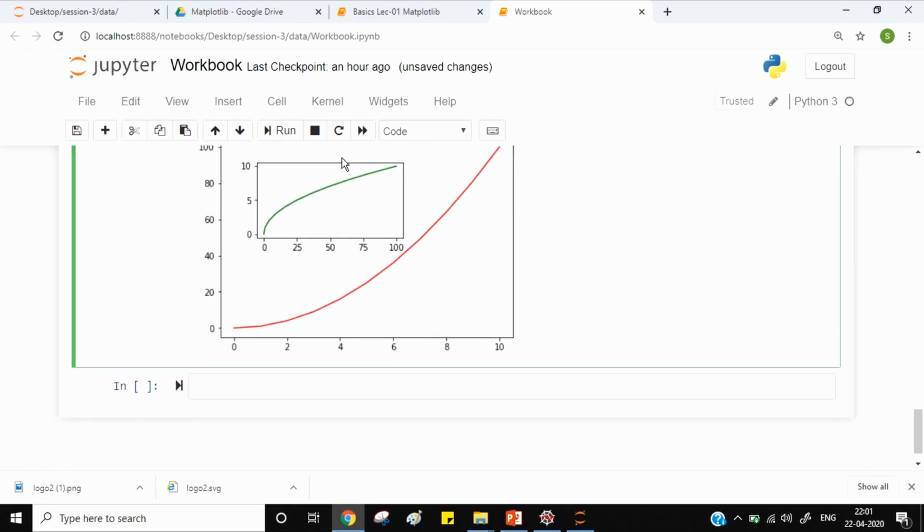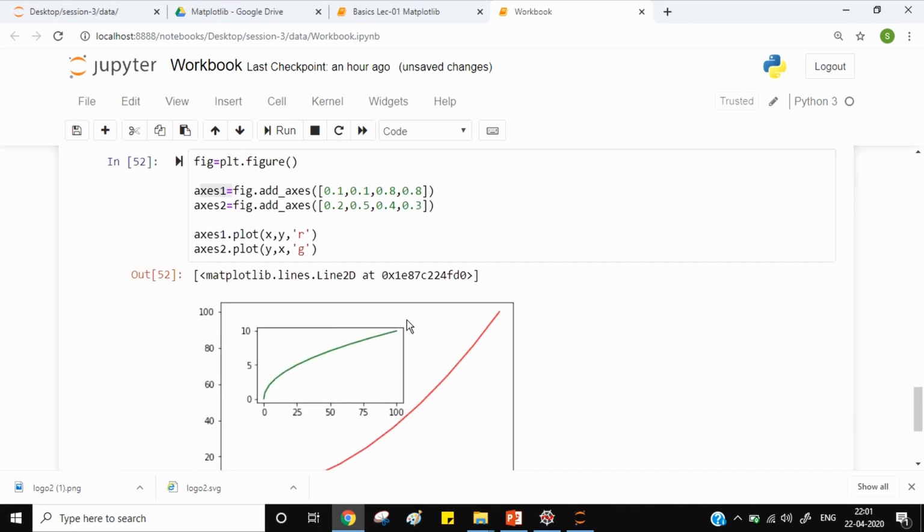Now, if I want these two graphs to be in separate boxes but on the same canvas, then you have to use plt.subplots as we saw in the previous part. But for the object-oriented method, the syntax is a bit different. Let's see how it is.